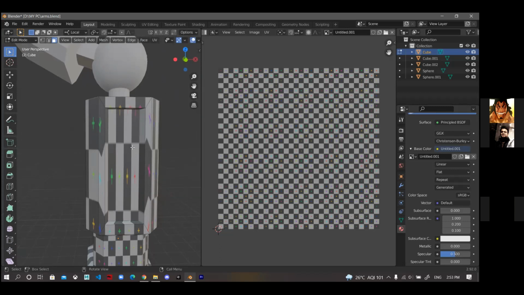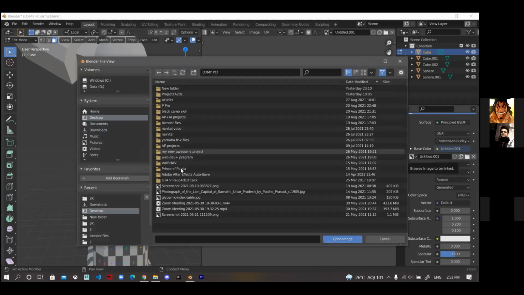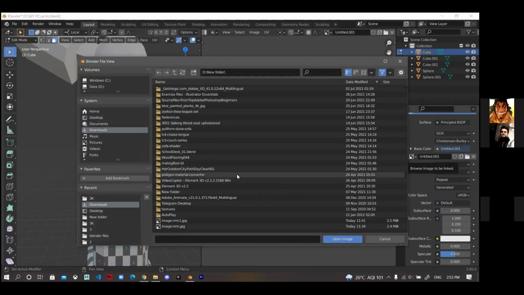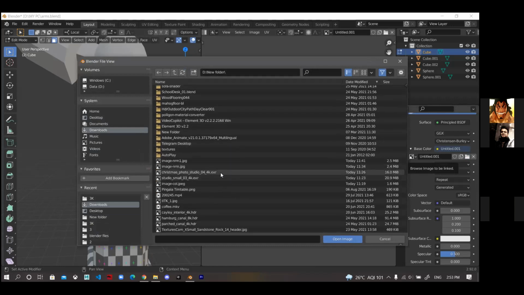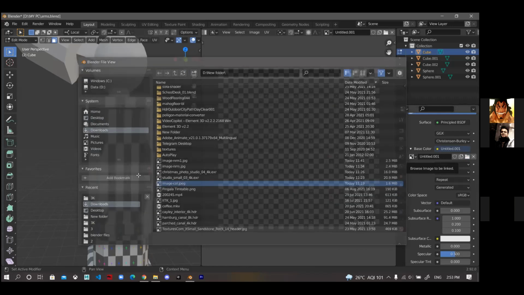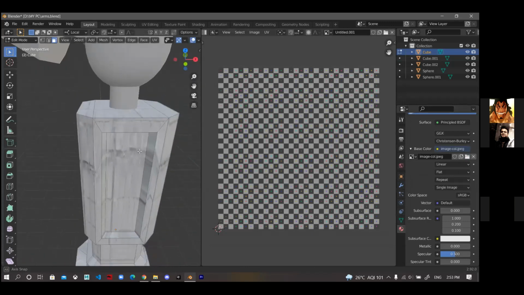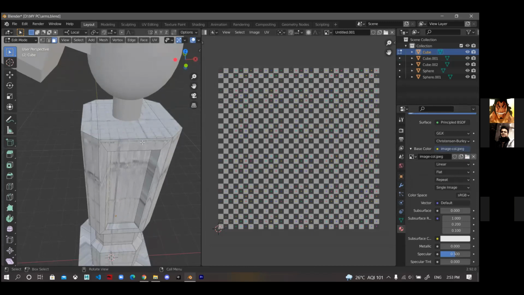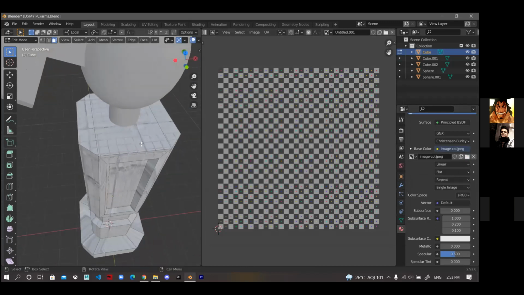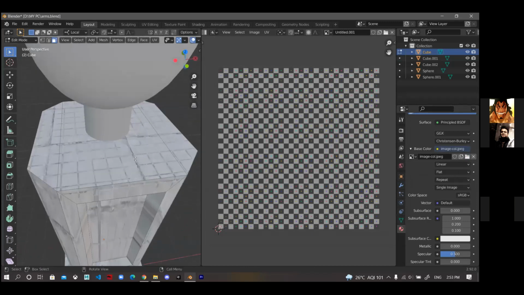Why? Because when we add any image, for example, let's add an image. This is a texture of a brick, just a plain texture of a brick.